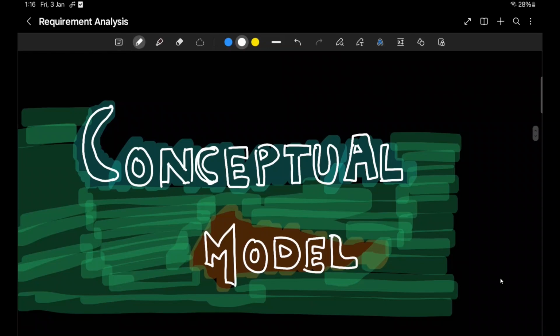Now that we understand the basics, let's return to our main topic, the conceptual model. A conceptual model focuses on high level design without going into implementation details. So over here, you just need to identify entity and relationship. Let's just revisit our requirement from previous video.